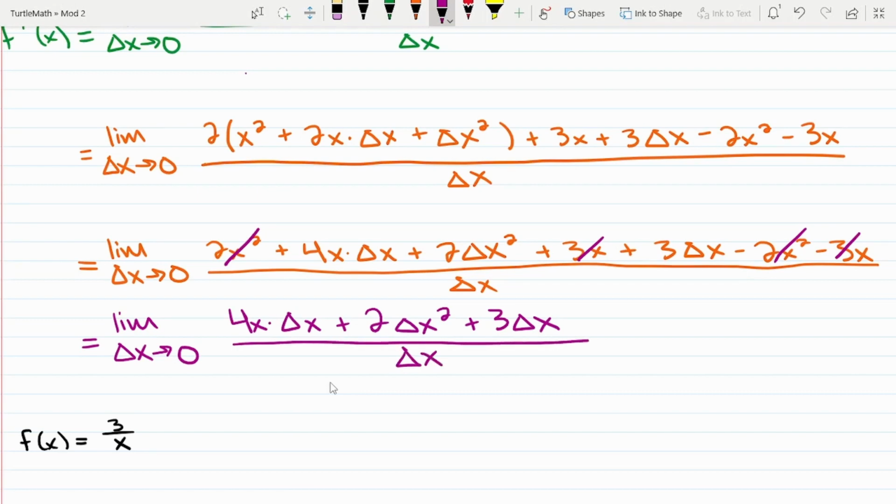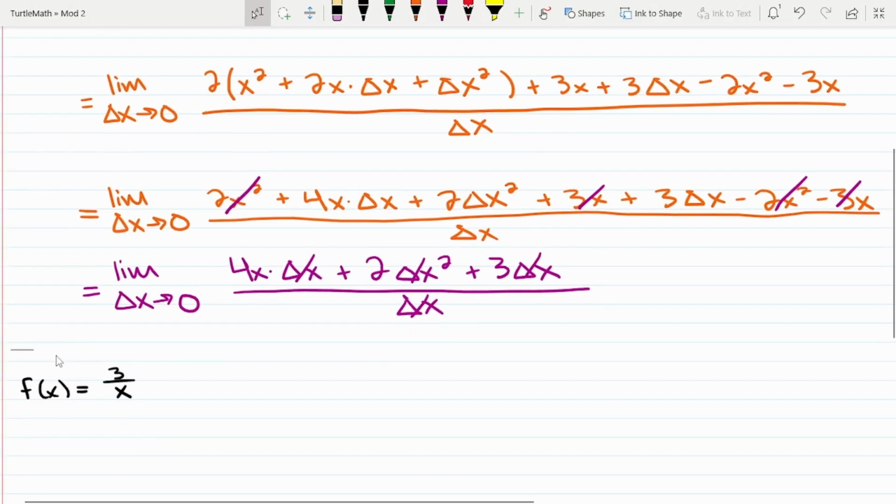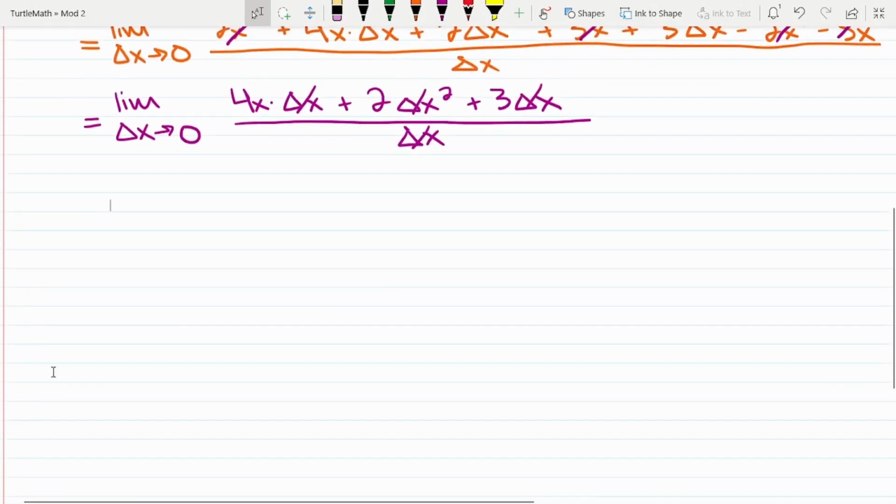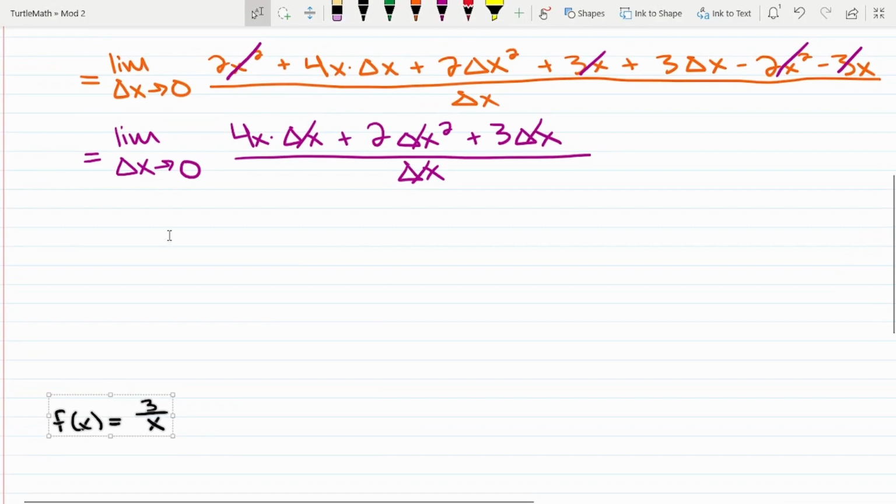Now we can go ahead and simplify this by crossing out all of our delta x's because we have a delta x in the denominator and a delta x in each term in the numerator. So we can go ahead and cancel that out. And I'm actually going to go ahead and move our on your own problem a bit farther down to give us a little more room. So back to up here,